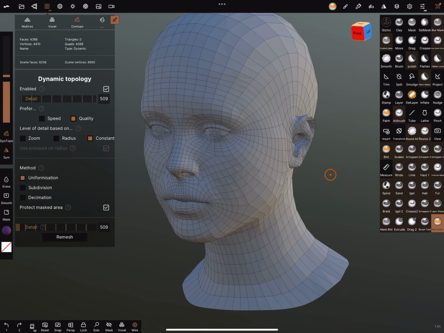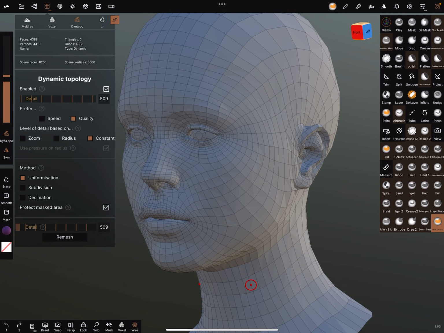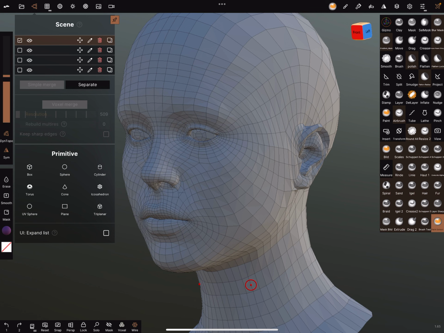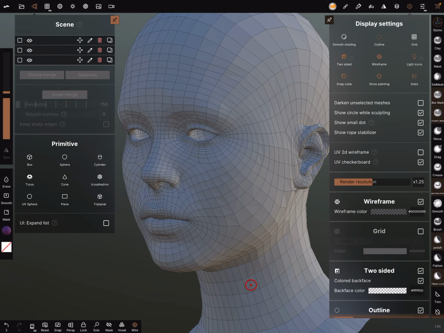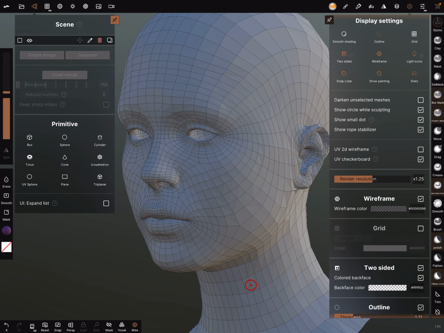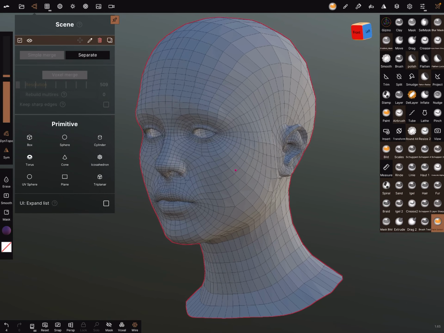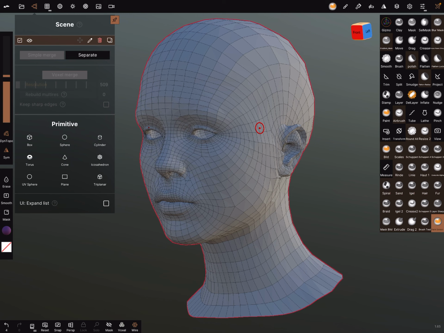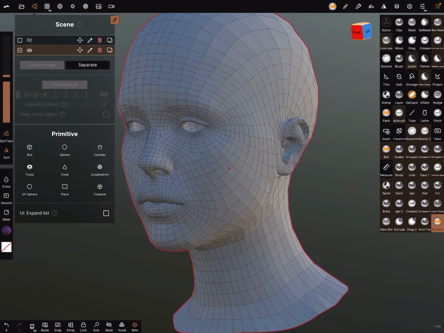Okay, this is a low poly face, and here in the scene, sorry, I turn on the outline. What is everything here? Yes, these meshes we don't need. We need only the face or the head. Outline is on. And when you want to keep the original mesh, make a duplicate of the mesh. Duplicate it and hide the other one.